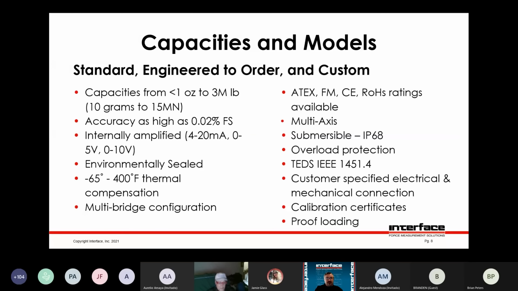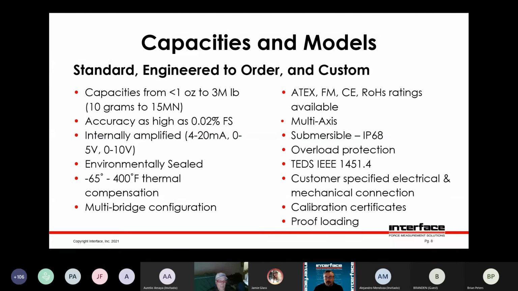Some load cells want to be sealed if it's going to be outdoors or submerged under the ocean, for example. Sometimes it's subjected to high temperatures, so that's definitely worth mentioning when you're talking to an application engineer. It's going to be just in a lab at room temperature, or there'll be extended temperature ranges involved. Multiple bridges can be used for redundancy. We also have multi-axis load cells that have different bridges for each axis.